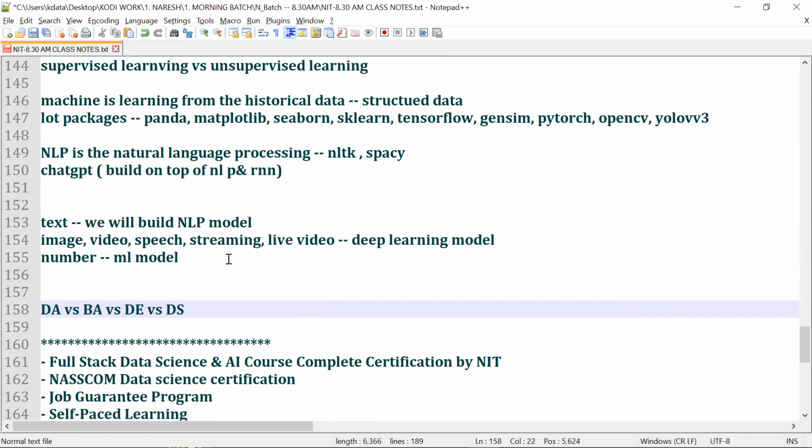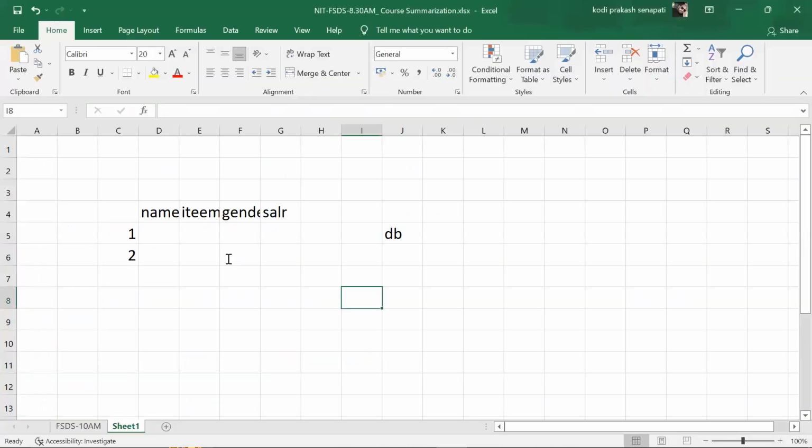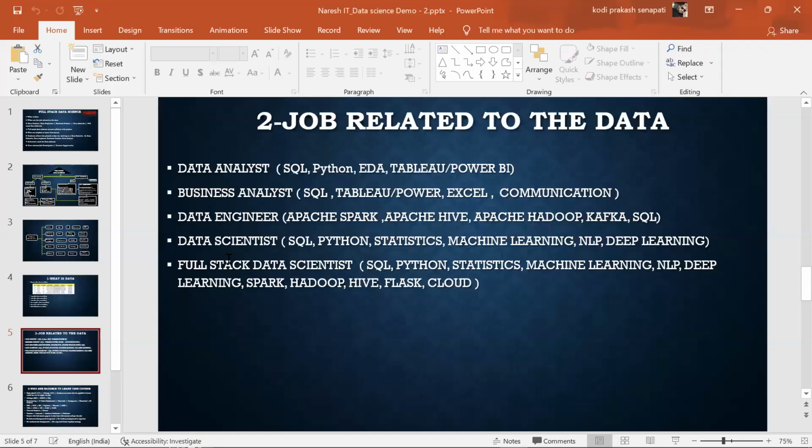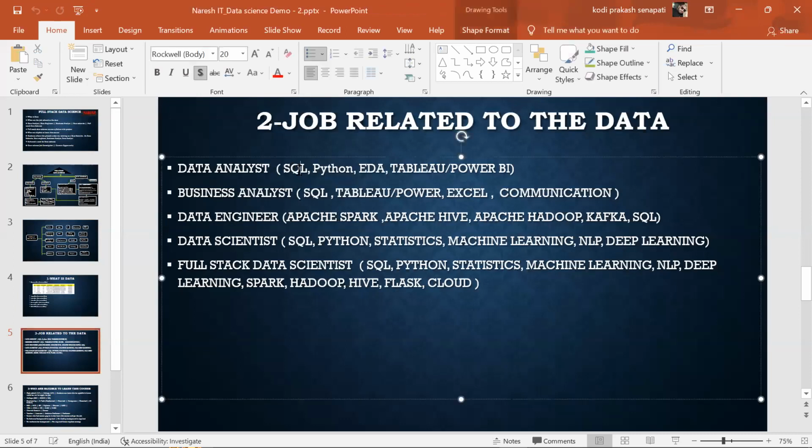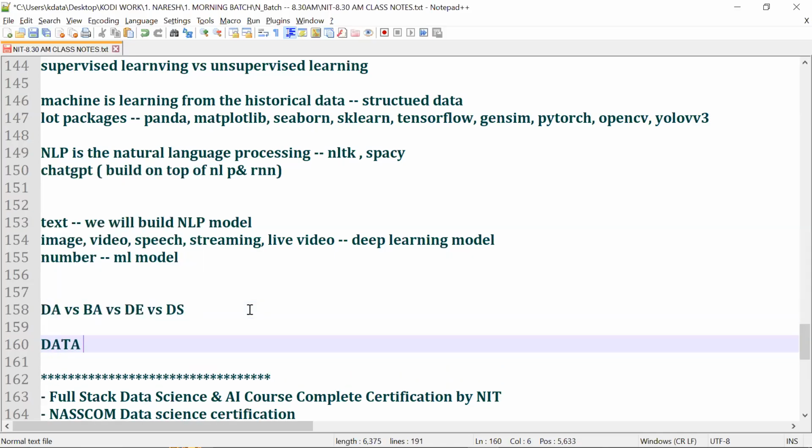There are 4 techniques: data analyst, business analyst, data scientist, or full stack data scientist. To become a data analyst, you must know SQL, Python, EDA, Tableau, and Power BI. Every day the data is increasing. In one family, how many phones are we using, more than 5 or 6?